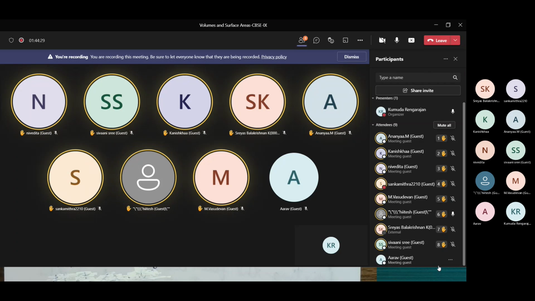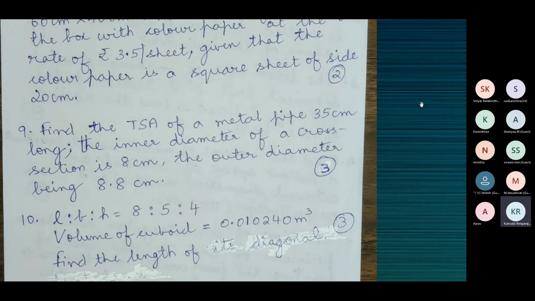Shreyas, yes, ma'am. Okay. Shivani and Nada, ma'am, right now my mom has gone out. When she comes back, I'll send it, ma'am. I don't know when she will come back. Okay, fine. Shivani, yes, ma'am, I'll submit it. Okay, fine. All right, thank you, children. Now finish this. Finish this one, children. We'll see the answer to this one and then wind up the class.